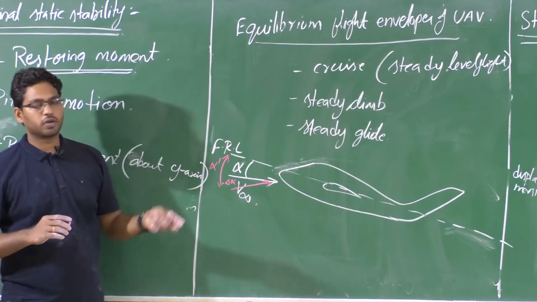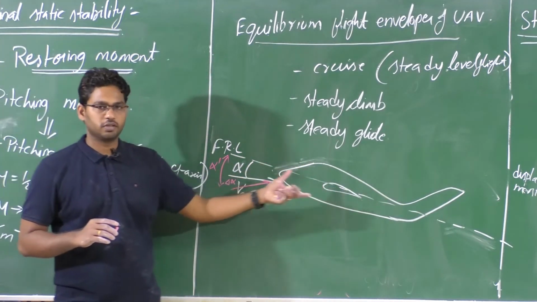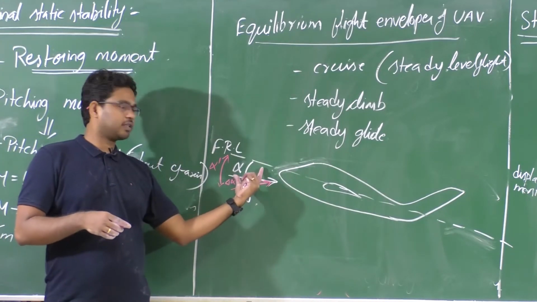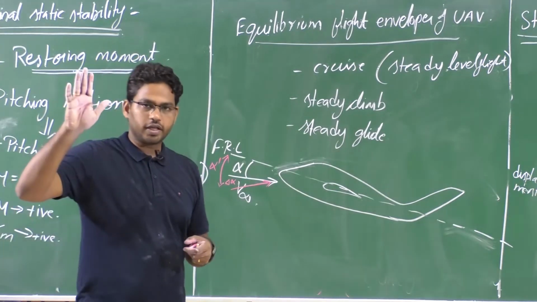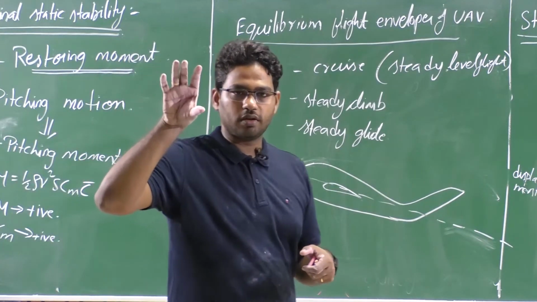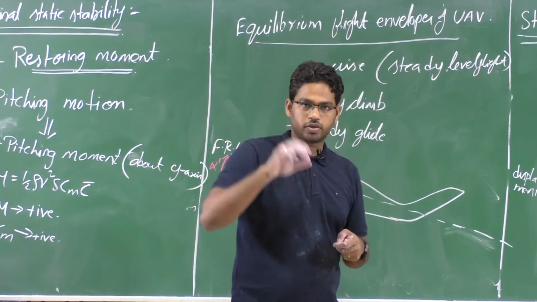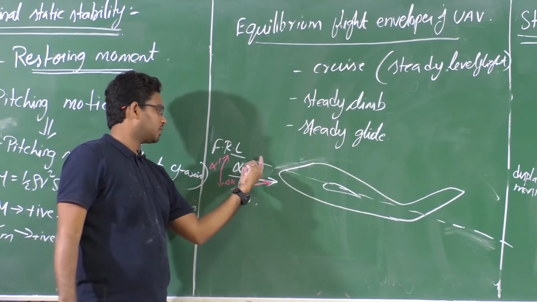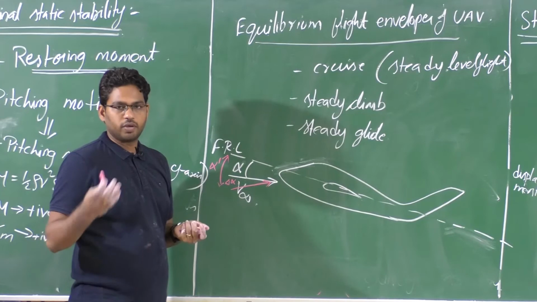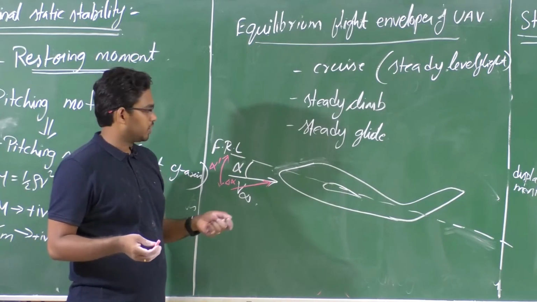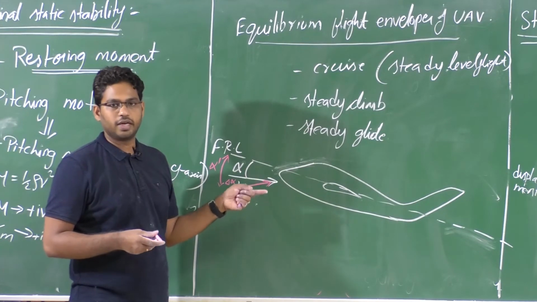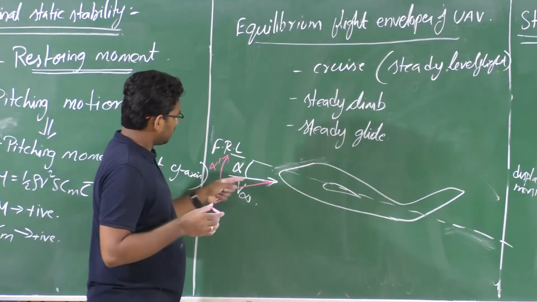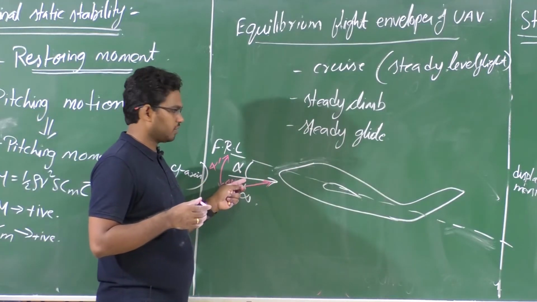So when we are talking about the longitudinal case here, we need to talk about the pitching moment, right? The change in the pitching moment should be such that we go back to this alpha, right? It's not the location or orientation, we are talking about the equilibrium state when the aircraft is maintaining a certain alpha. So our aircraft has to return to that particular alpha once it encounters a disturbance. That is when we can say the aircraft is stable, at least longitudinally, statically stable, right? Now how can this aircraft return to this alpha?